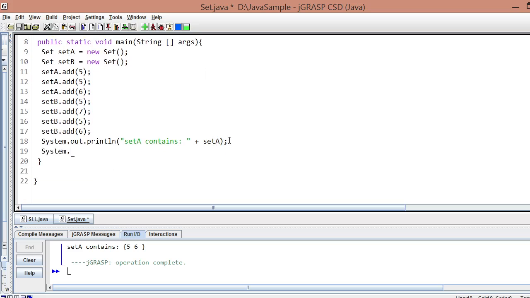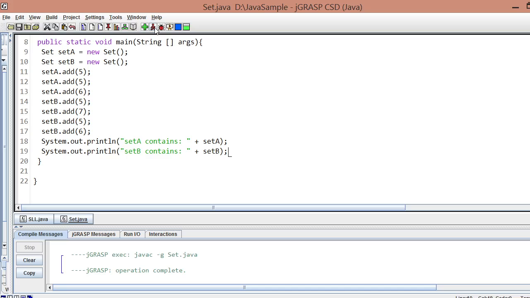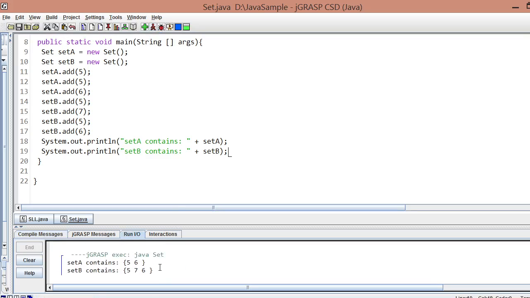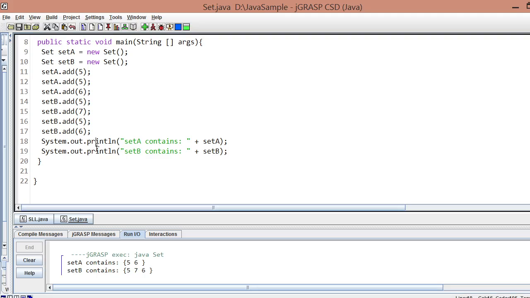Here, system dot out dot println set B contains set B. Let's see the elements in our set B also. So we have 5, 7, and 6.